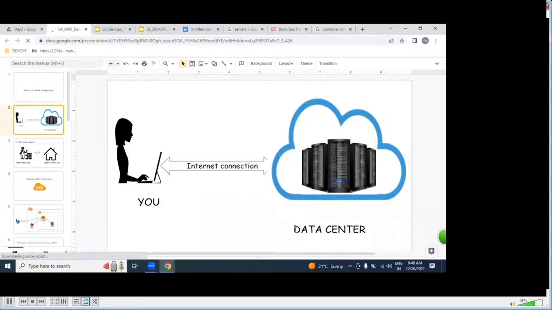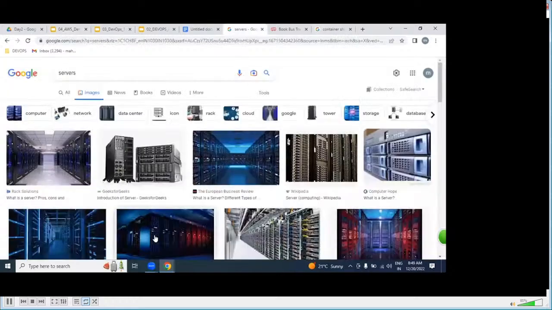So what is a data center first? Please tell me. Huge computing power kept rack-wise in a big room, we call it a data center. This data center is located globally: in Mumbai, in Hyderabad, and recently they are launching in Vizag also. In the US, Singapore, UK, London, Sydney, AWS has expanded its infrastructure globally.